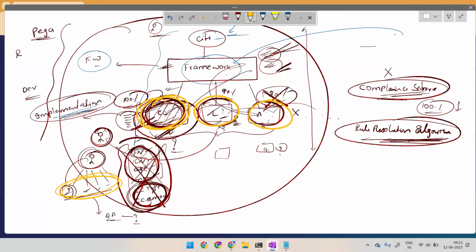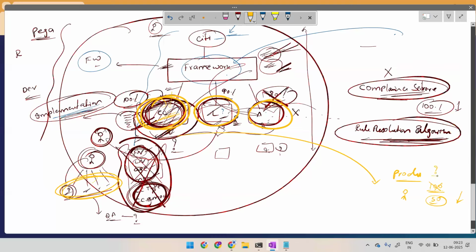Okay, after we develop all these things, next it will go to production, right? So the original bank employees will try to use this application and identify that it is running very slow. Per day, they usually generate 100 credit card customers. Because they are using this Pega, it is reduced to only 50, meaning their business is reduced by 50%. What will these bank employees think? They'll think Pega is running slow, right? In that scenario, they'll try to cancel this Pega license and it will be a loss for Pega